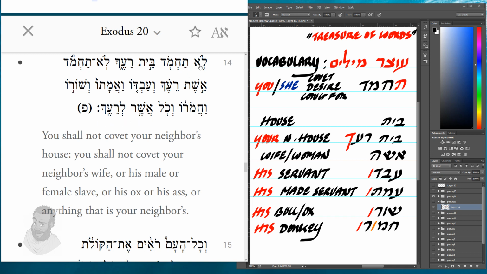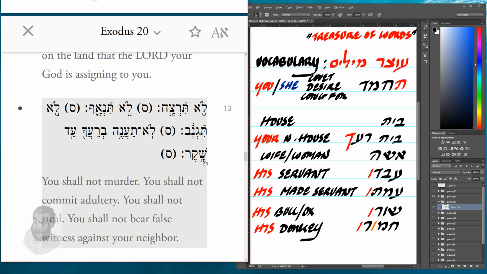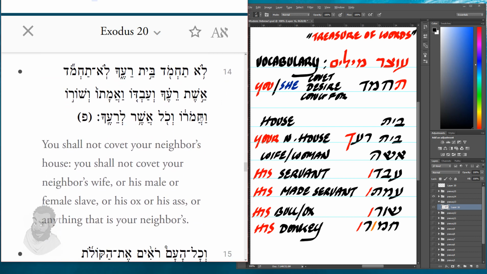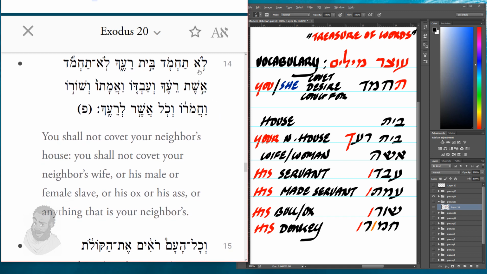So notice it's here, it's not lo tachmod and lo thachmod. Okay, and then you have over here lo tirsach instead of lo sirsach. They've made, again, Masoretes made many mistakes. They weren't very consistent in putting the dots where it needed to be. Okay, so lo thachmod, you have thachmod here, and hamad means to covet. He coveted. Exactly, that's what it means. He coveted. He desired. He lusted. He longed for. And when you have the tau in front, it is you will or she will. When you have the negative here, it becomes you shouldn't, she shouldn't,